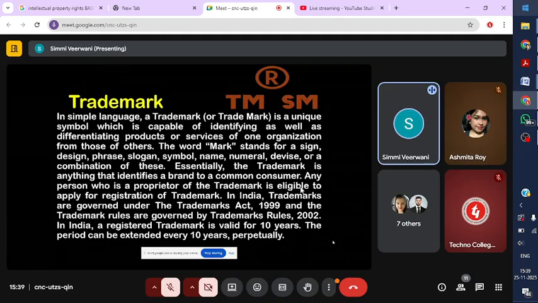Classification of the goods. Goods and services under the trademarks are classified as per the Nice Agreement 1957, administered by WIPO. WIPO stands for World Intellectual Property Organization. A total of 149 countries are signatories to the agreement, and 65 additional states follow this classification. Under this classification, there are 45 classes, of which classes 1 to 34 are for goods and 35 to 45 are for